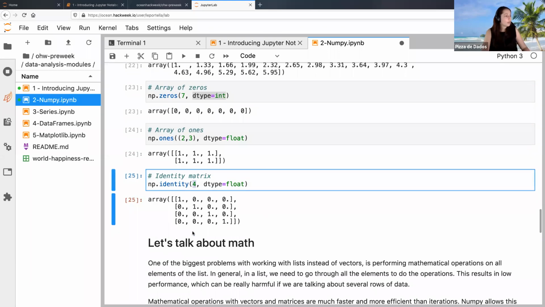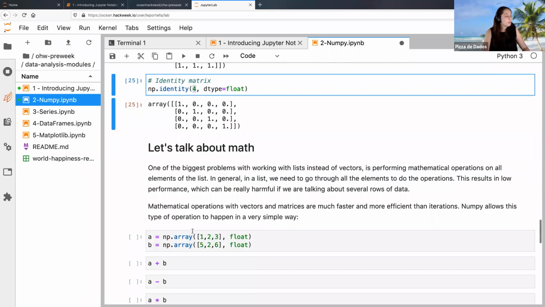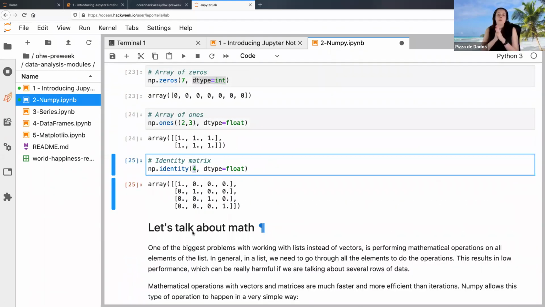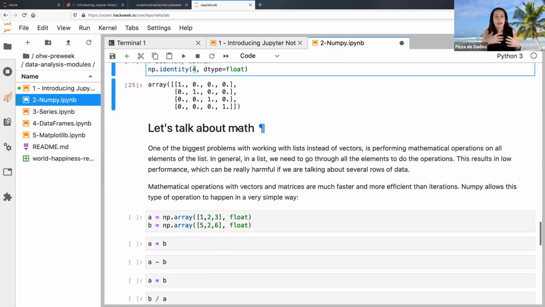Okay, so another problem that we have with using pure lists for data analysis in Python is that if we want one operation to be done on every single item of the list, I have to iterate over the list to do this. In this case, NumPy does a very similar thing to what we did in MATLAB, which is concatenation and operation of